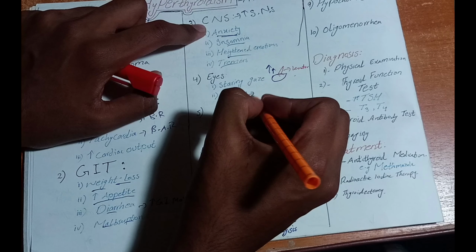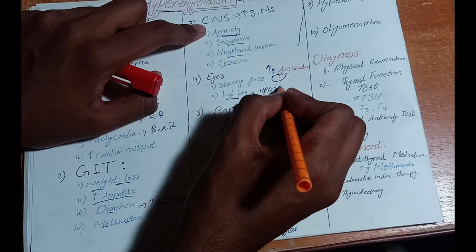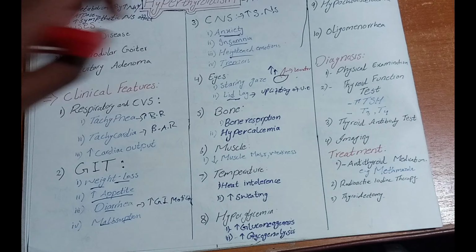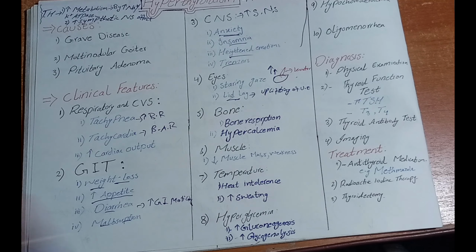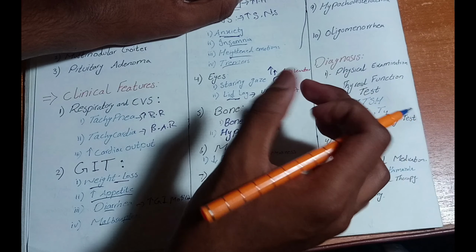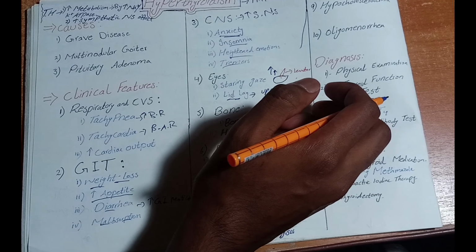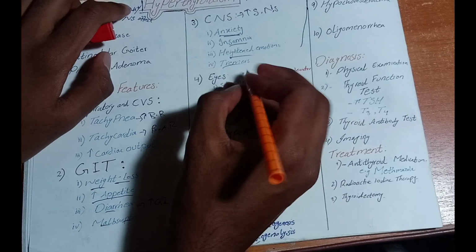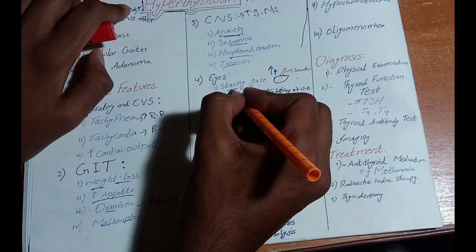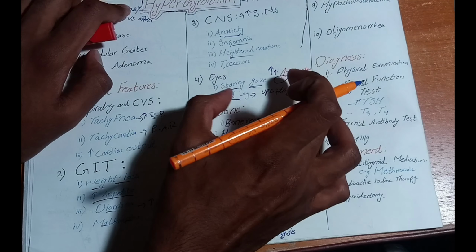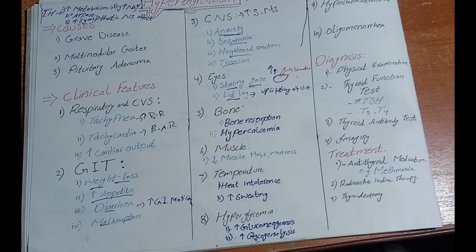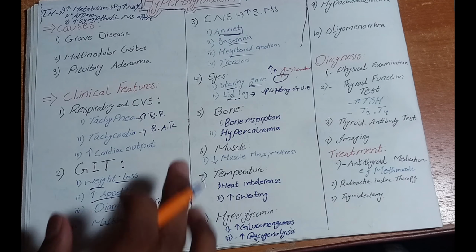Lid lag is a term in which uplifting of the upper eyelid occurs. When uplifting of the upper eyelid occurs, the patient has difficulty meeting both eyelids, upper and lower, which comes out as the appearance of a straining gaze. Straining gaze and lid lag are both clinical features which we see in patients with hyperthyroidism.